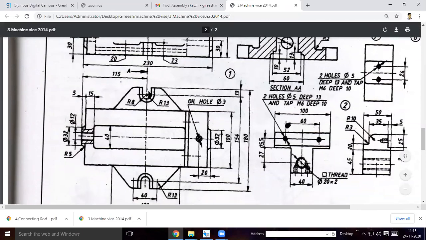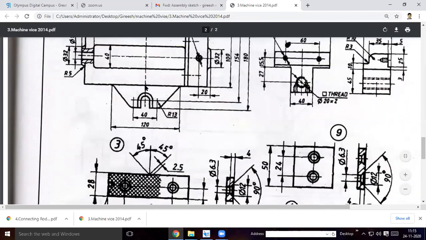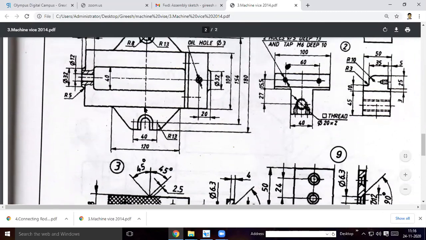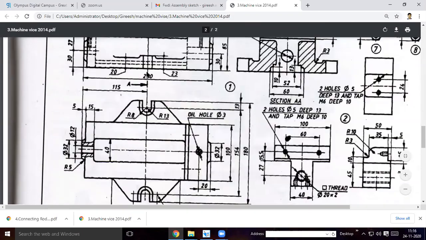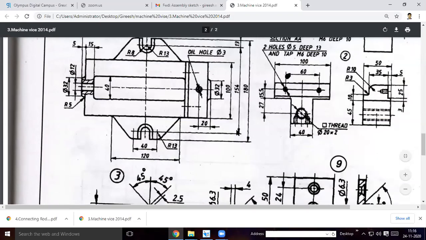Okay. So here, what is the length from here? If you start, this length will be 120 by 2. It is 60 mm length. I will stop here only because I don't know the angle here. So this is 60 mm. This distance will be how much? From here to the center of this semicircular curve. Here it is given 154 from this center to this center. Okay, it is 154.